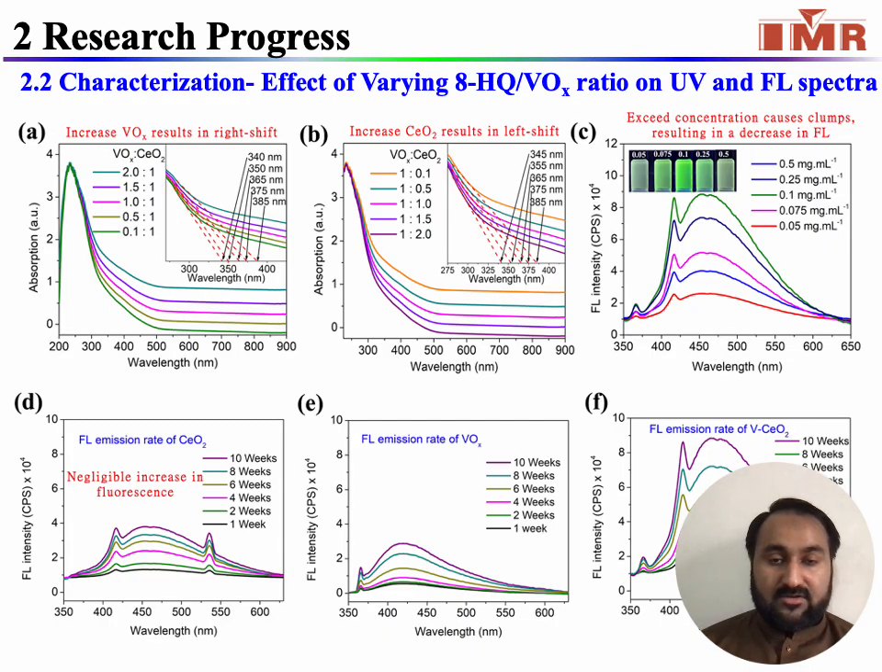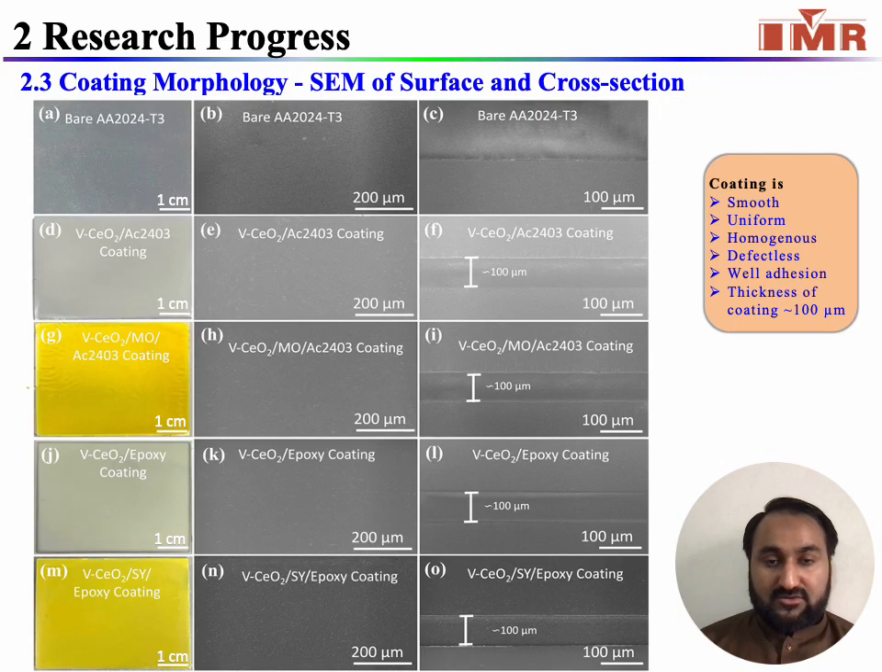After that, we have performed the fluorescence spectra of the VCeO2 and the UV by varying the amount and the concentration of the UX and CeO2. So when we see that